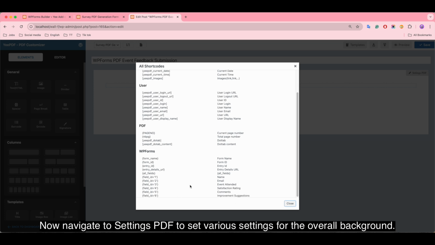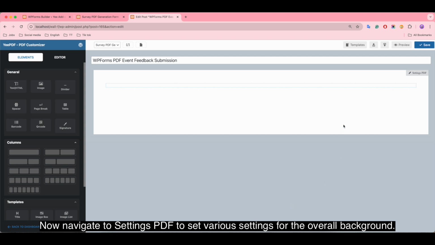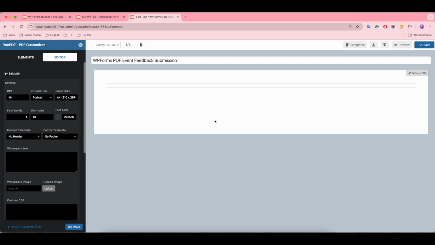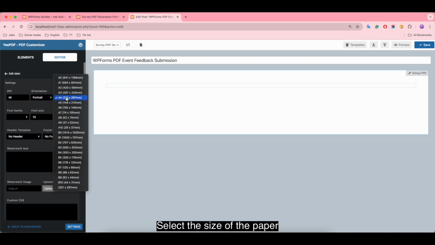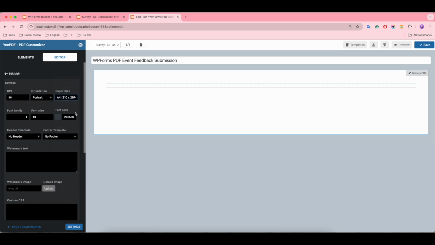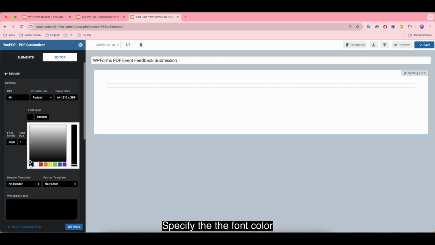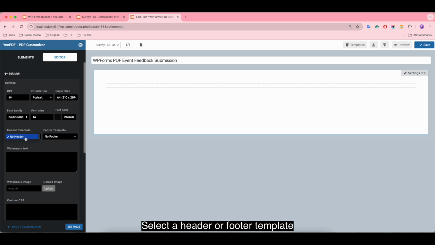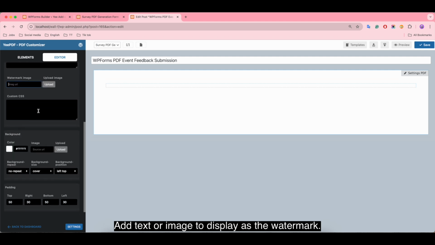Now navigate to Settings PDF to set various settings for the overall background. Adjust the DPI, choose the page orientation, select the size of the paper, choose the font style, adjust the size of the text, specify the font color, select a header or footer template, add text or image to display as the watermark.